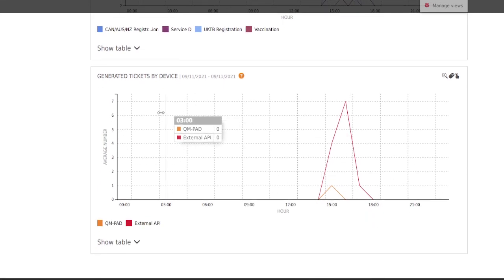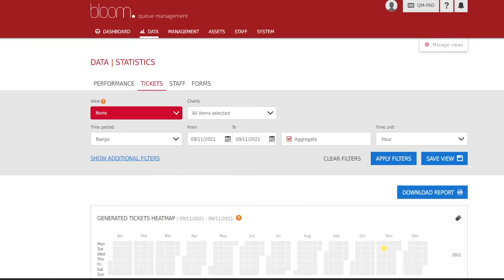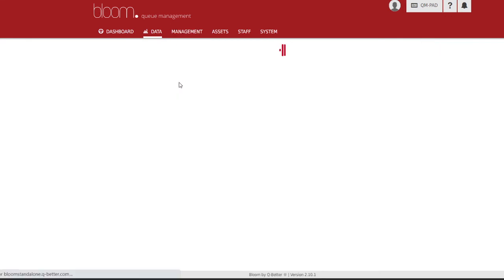Once again, you can see where most of the tickets were generated. So I generated tickets from Campad and also from an external API, so I didn't have to generate manual tickets. And for the staff members, I'm the only person using this demo, so